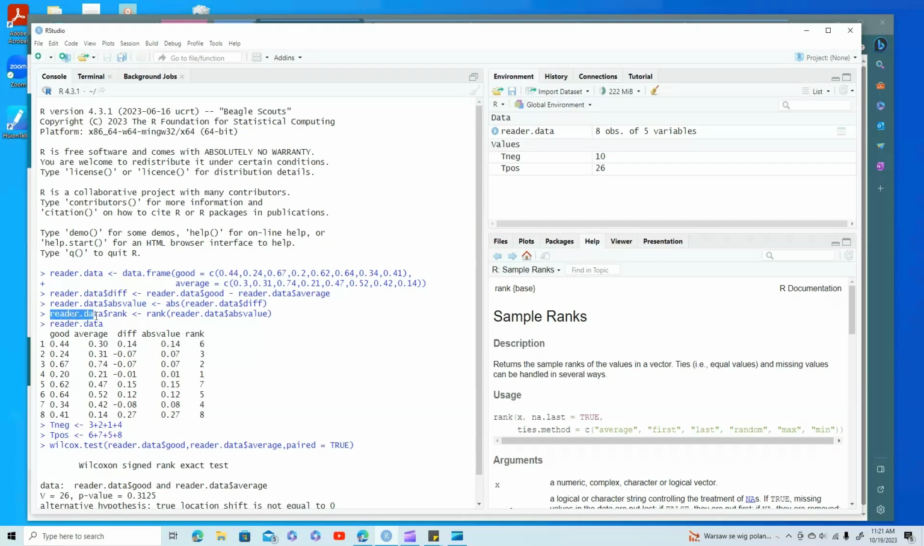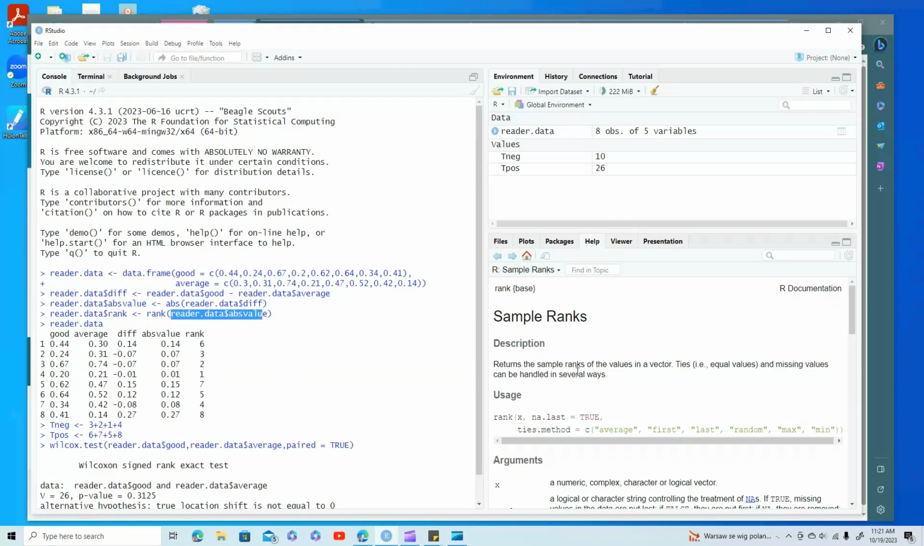Now, I'm going to do reader data $rank, okay? Probably should have done rankings, but I did rank. The reason I don't like that is because rank is the actual function. Now, I do the ranking of the abs value, okay? And I got